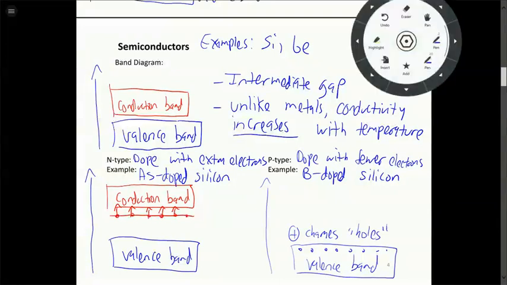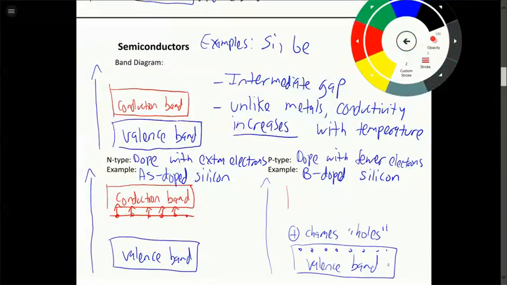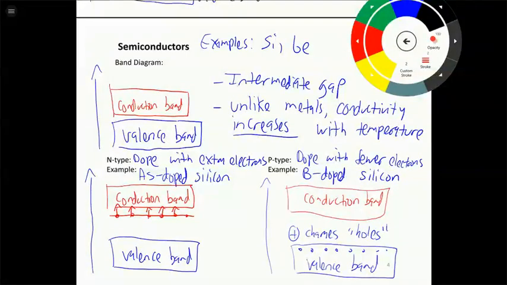In the valence band. You're still going to have your conduction band way up here. And in this case, when you have a P-type semiconductor, all of the conductivity takes place formally in the valence band because you have electrons in the valence band that are able to move into these holes that are left behind when you dope in boron. The conduction band in this case is not involved at all. So you have these holes in the valence band, the electrons move into those holes, and that's responsible for the conductivity.